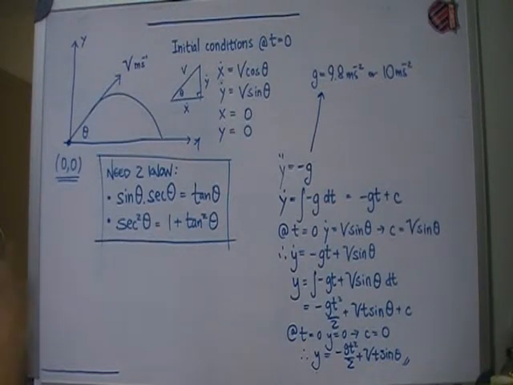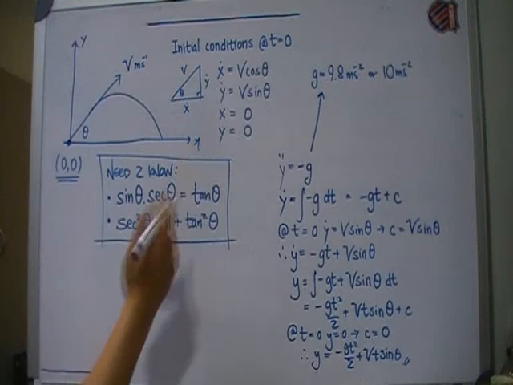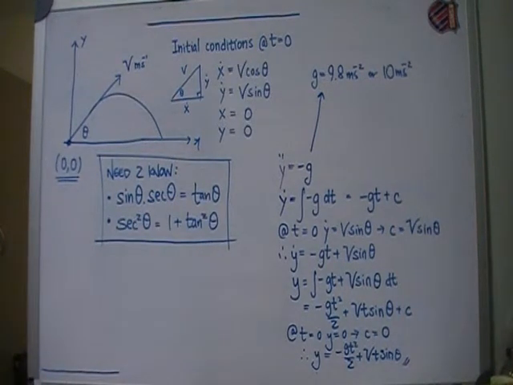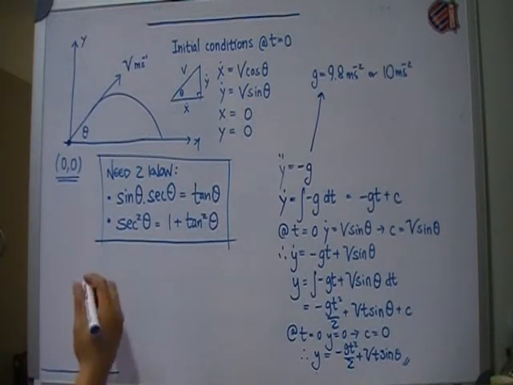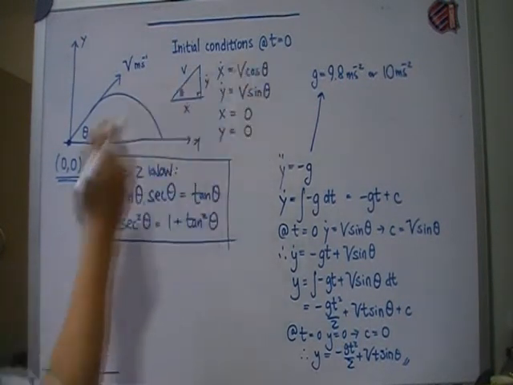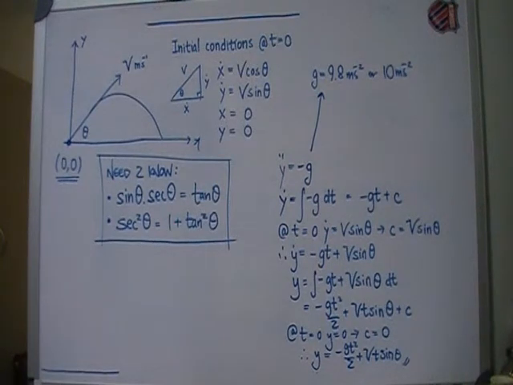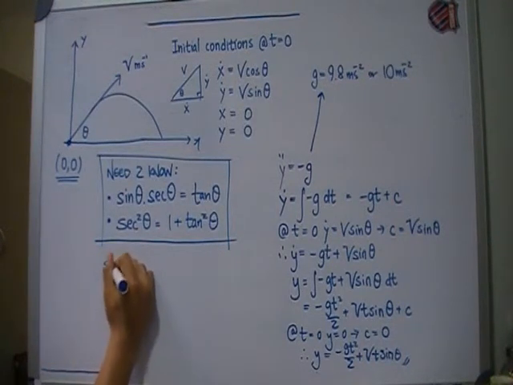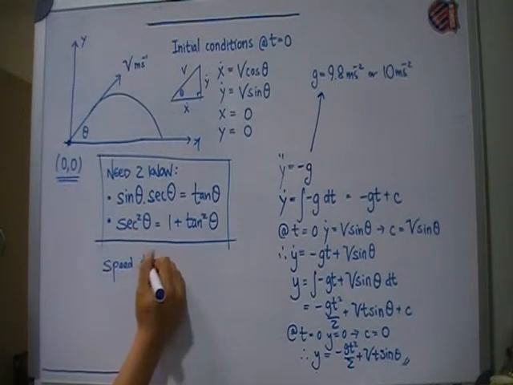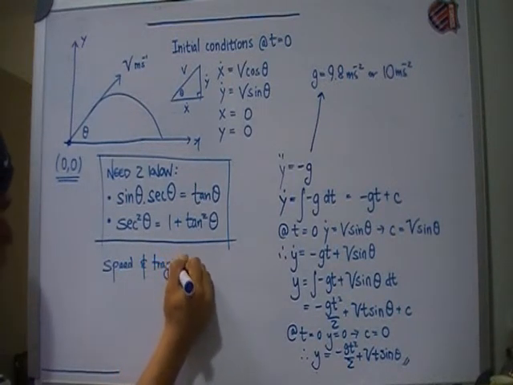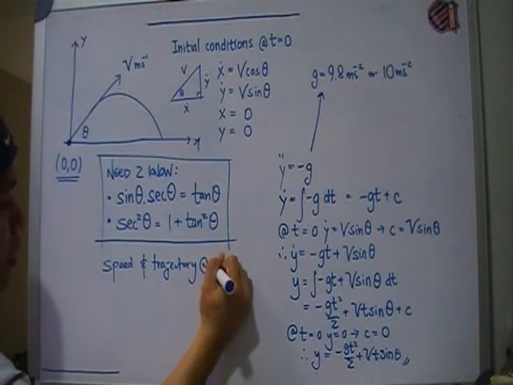So if you remember that, see this thing here? If they need the angle and velocity, it would just be squaring both of them and adding, and you'll get v squared equals that. If we have to find the speed and direction at impact, we find x and y at the time of impact. So if they want speed and trajectory at impact,